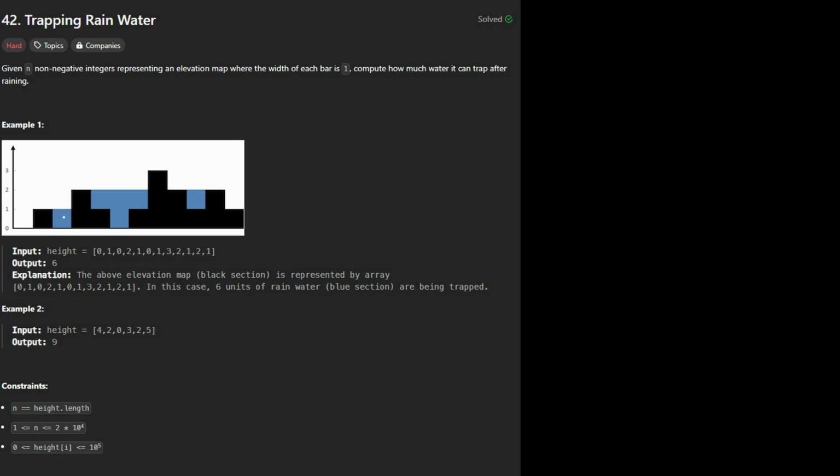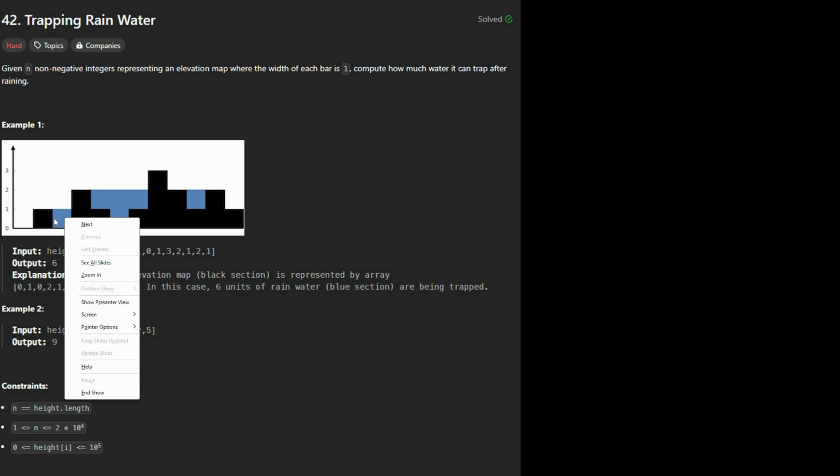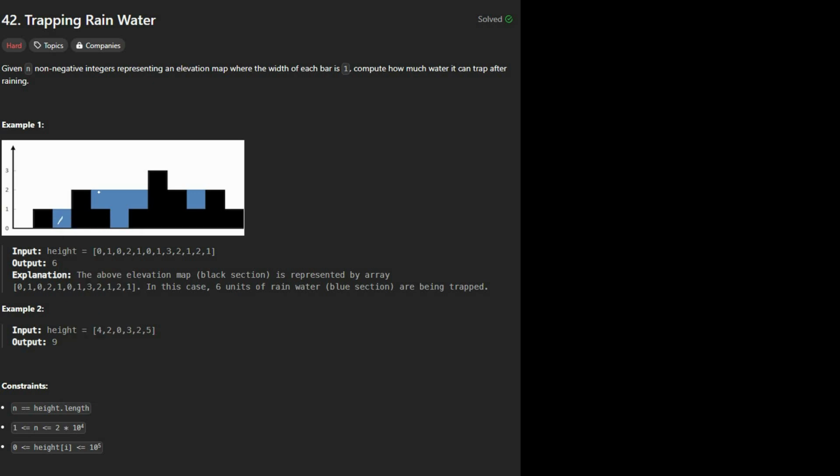For example, this is going to be 1 unit of water. Then here it is going to be another 3 units. And there it is going to be another unit, which makes 6 units. And if the height is lower, then automatically the unit value is going to be decreased. Pictorially, it's very easy for us to define the problem statement, but the question arises,